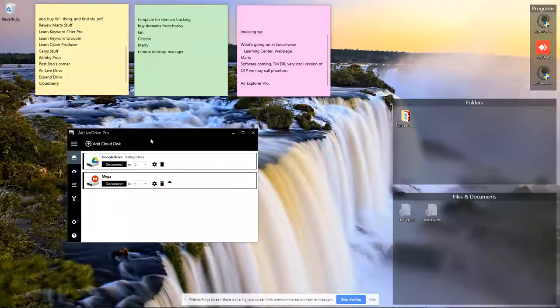What's really cool about this is it allows you to map your various cloud storage places as online drives. Now, why is that cool? Because a typical problem that a lot of people have when they're using a remote desktop type scenario is that a lot of times your remote desktop disk space is very limited. Well, if you hook up to OneDrive or